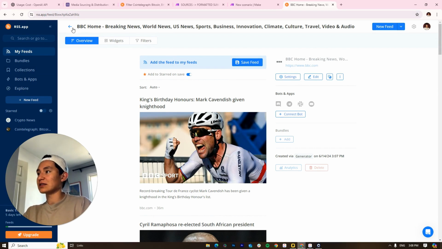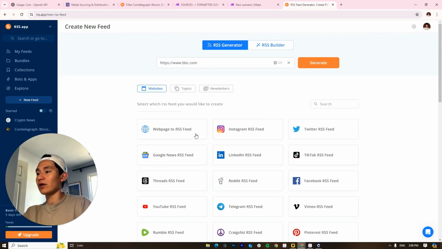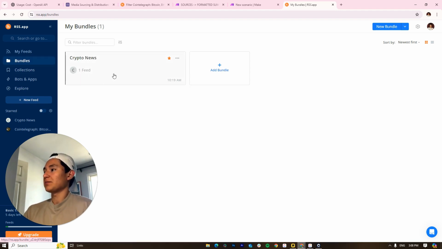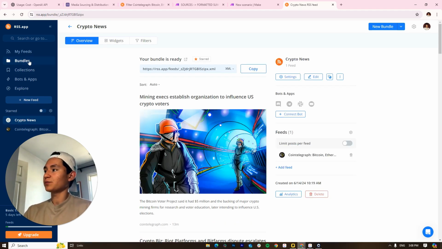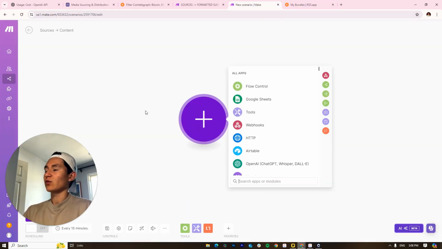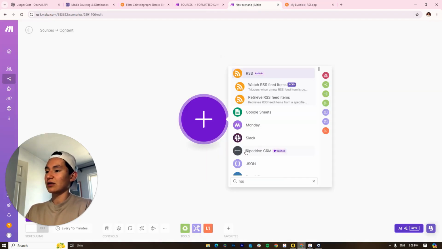If you get this link, you'll get basically all the new content that's coming out automatically, without you having to go in and identify what's new, what's not. You could just get it via one link. It's super simple, and what makes this app super good is that you can store it in bundles, like I said. But once you're ready with your RSS feed, what you're going to do is select an RSS module right here,